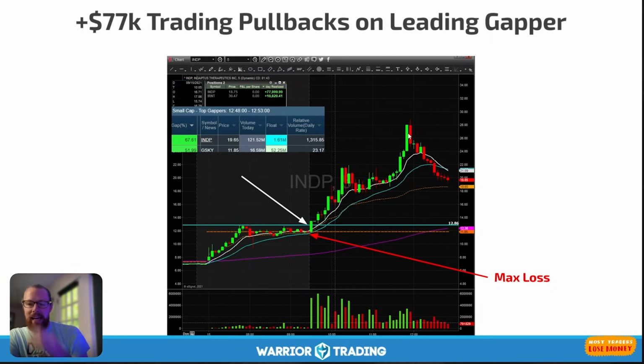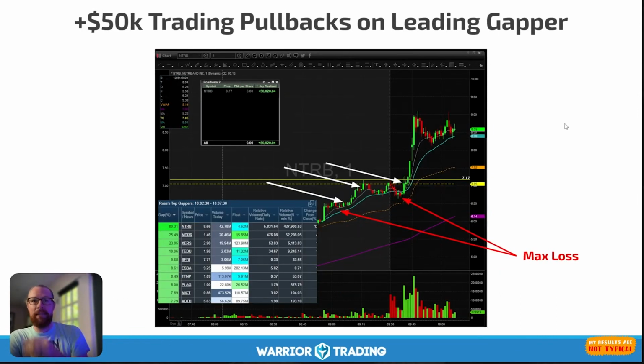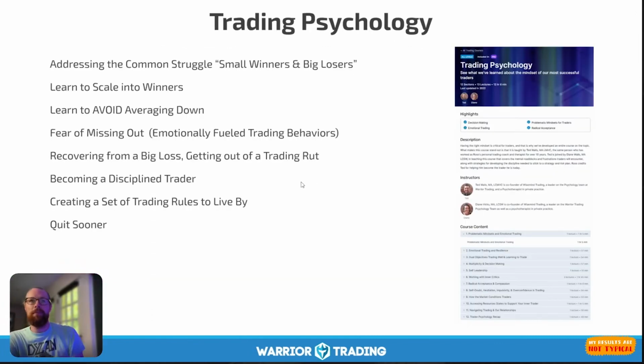This one maybe is not exactly as clean as some of the others. And so one of the things that you'll learn is to recognize moments of strength and weakness in the overall market sentiment, when it's time to be a little more aggressive, when it's time to take a little risk and trade the B and C quality setups because the market's hot, and when it's time to go back to basics and focus on what really works the best. Again, another day, $50,000. These are big green days. And I put these out there not to brag. I really am just showing you this is the potential. This is the type of stuff that we're looking for.